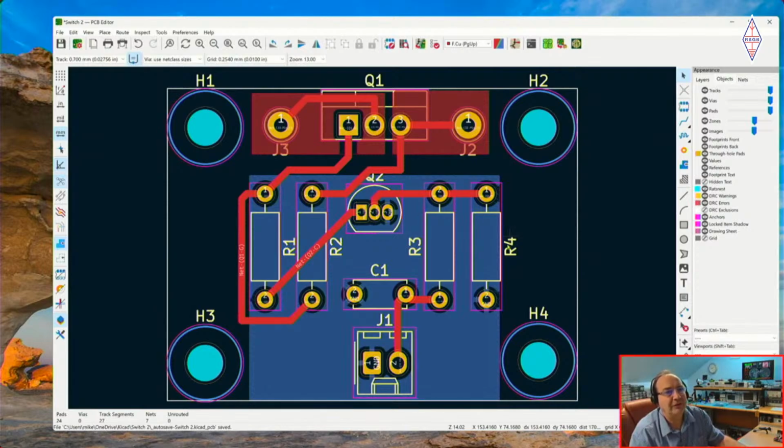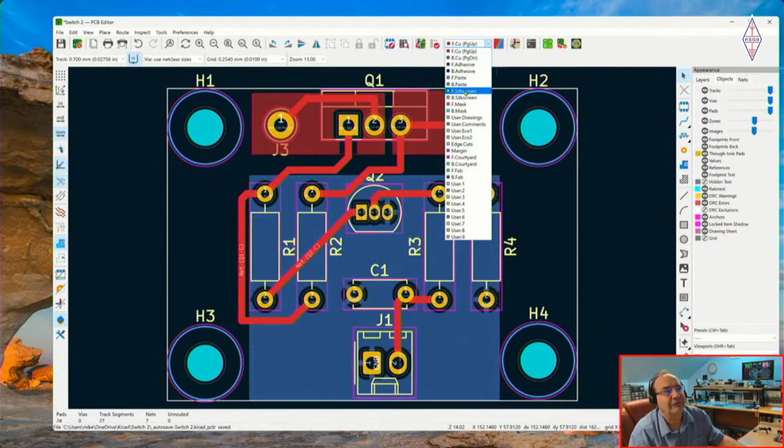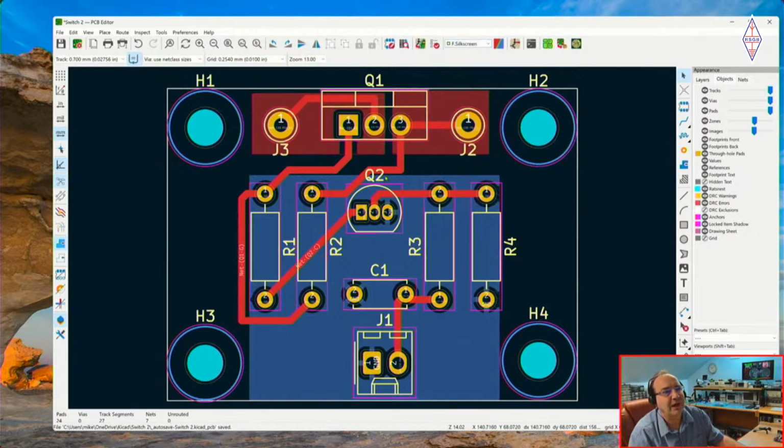What I'm going to come on to now then is the labeling of things, because it's all higgledy-piggledy at the moment. And I guess you can see, if I select the front silk screen, then this will highlight these different layers. And I want to move all these things. And this is why I'm going to show you a shortcut as well, because one thing I don't want to do is start moving components around when I'm trying to move